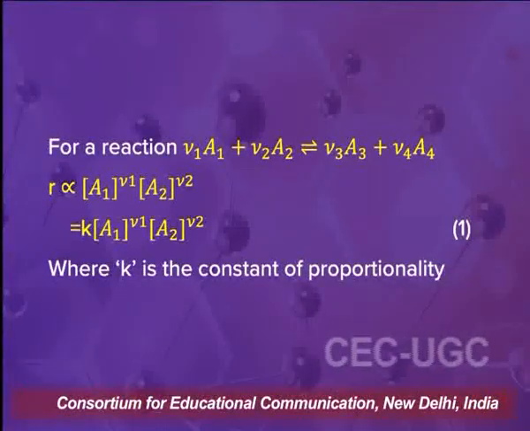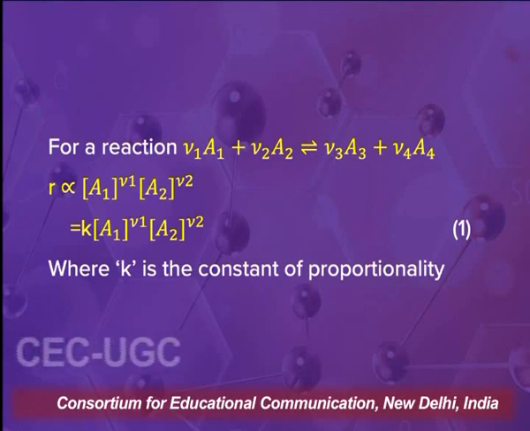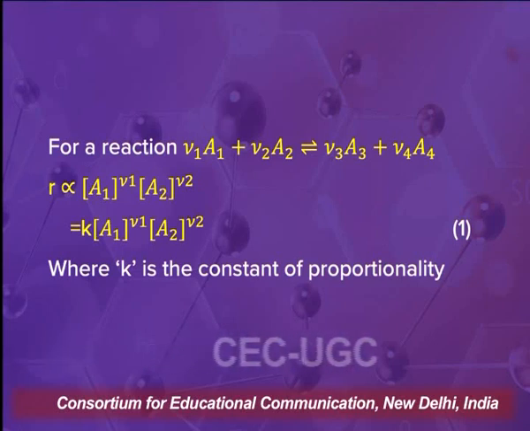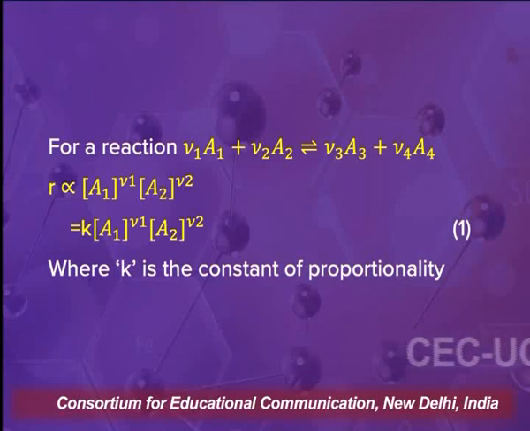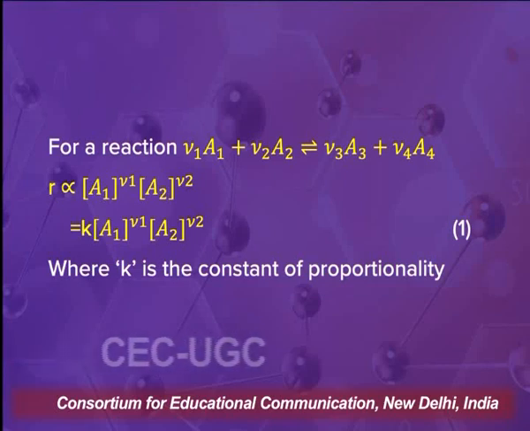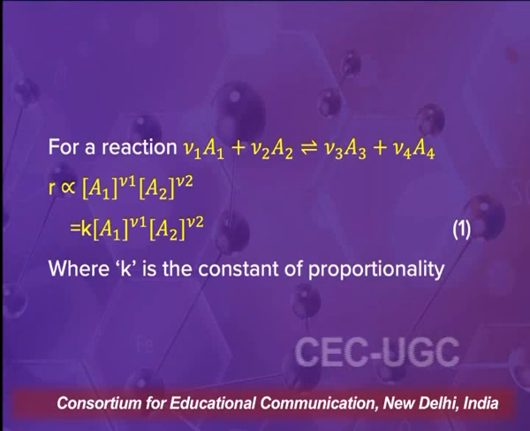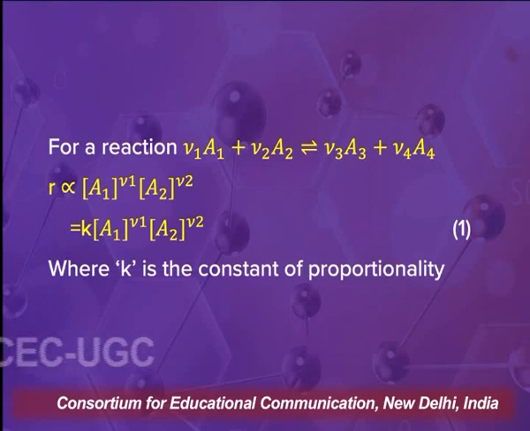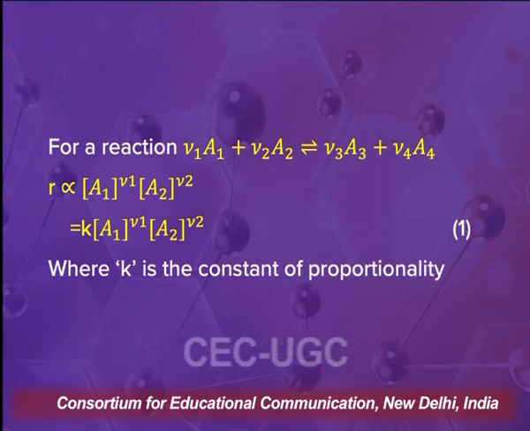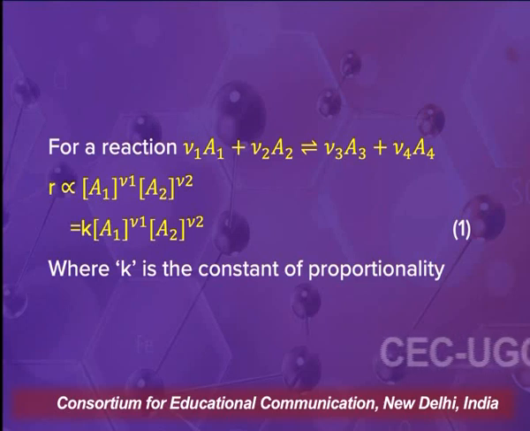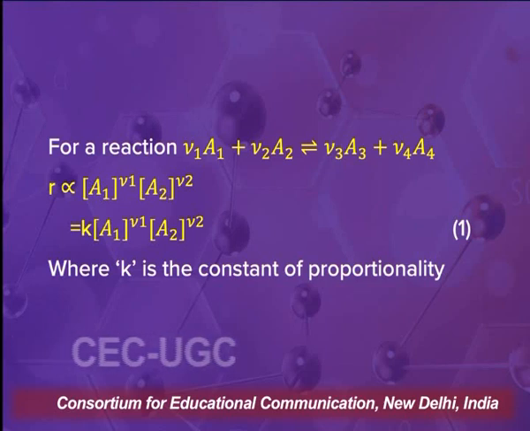So, if we have a reaction ν1 A1 + ν2 A2 gives ν3 A3 + ν4 A4, the rate for this reaction according to the law of mass action will be proportional to A1^ν1 into A2^ν2, or rate = K [A1]^ν1 [A2]^ν2,